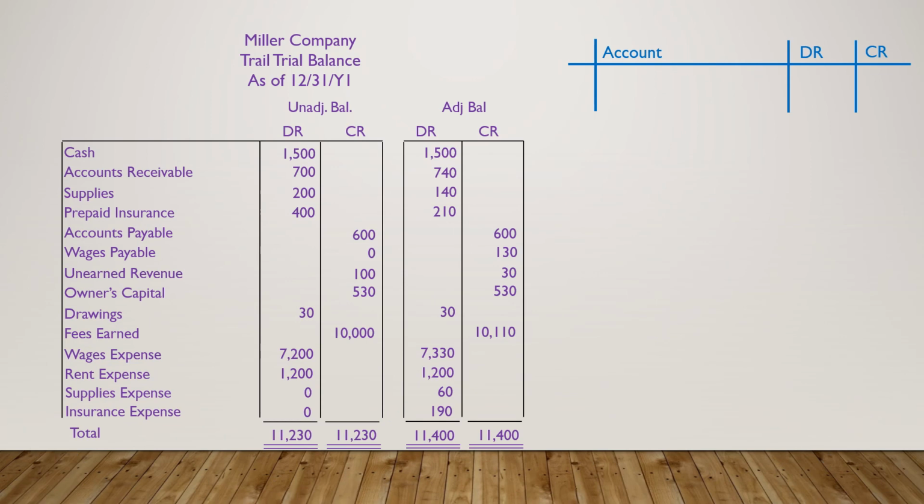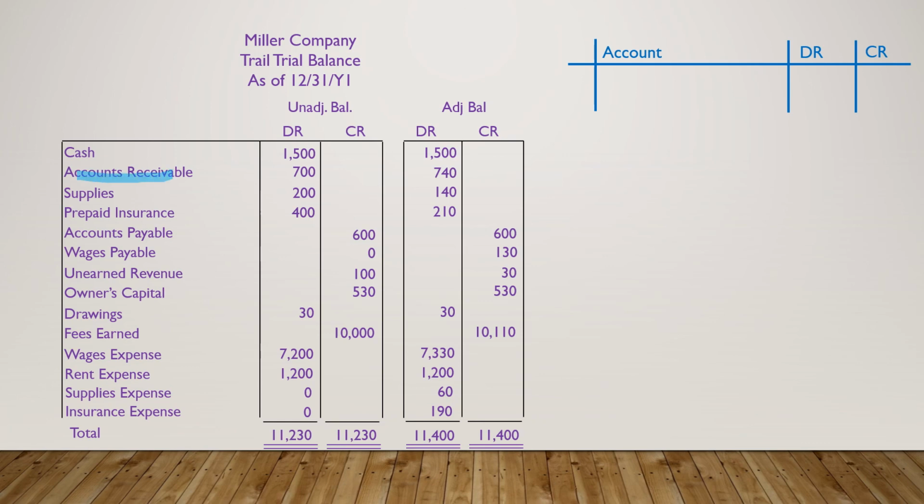Now, the following isn't part of your workbook example, but I'd be remiss if I didn't cover it. Keep in mind that one account may be impacted by more than one adjusting entry. For example, imagine you were working through this example. It's nearly identical to the previous one. However, were we to work our way down the trial balance, recreating our adjusting entries, the first discrepancy we'd reconcile would be AR,